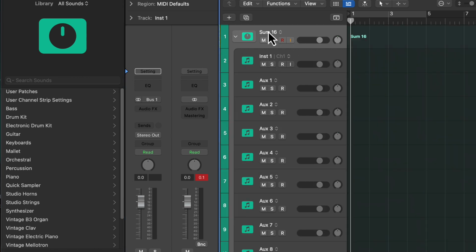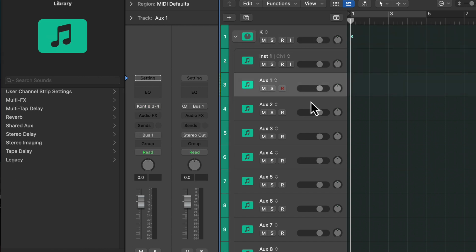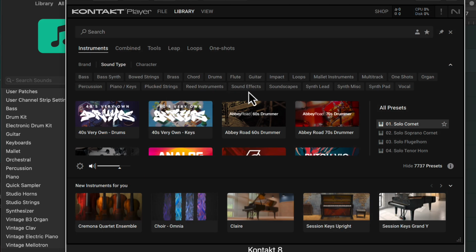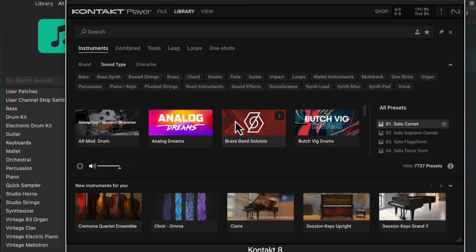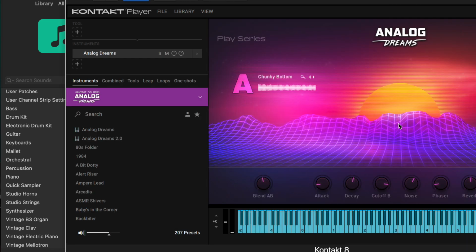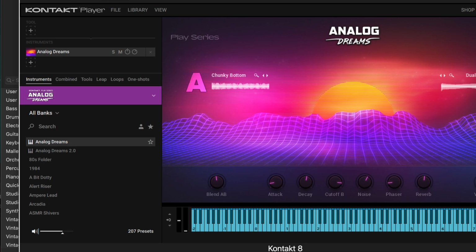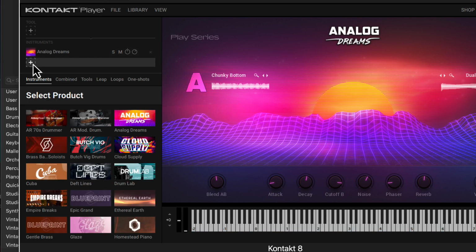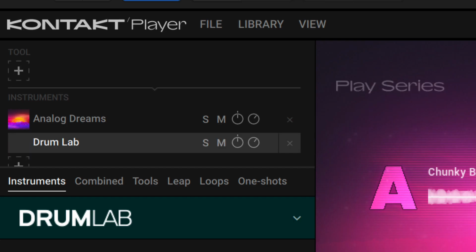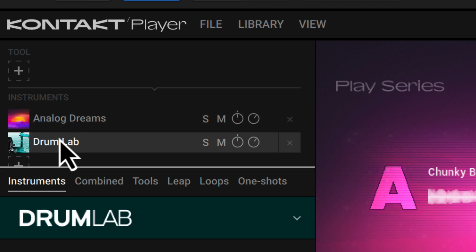We could just label this if we want. We don't have to, but I'll just put that there for now. And then we have our instruments listed here. And then we go back into Kontakt, load up some instruments. Let's just do Analog Dreams, perhaps. Doesn't really matter for this. And then we'll add another instrument, Drum Lab. So now we have two instruments loaded up, and you could load more obviously, but to save time,